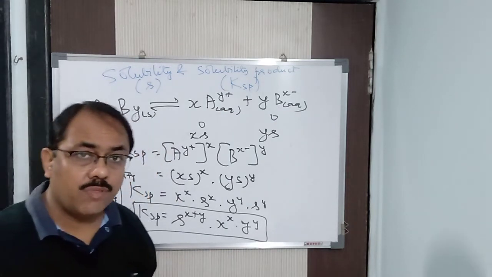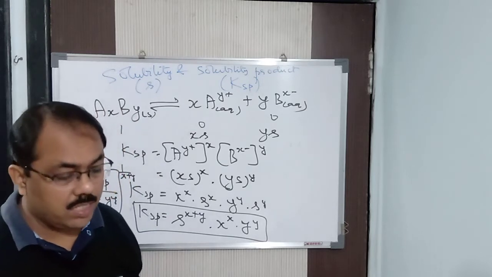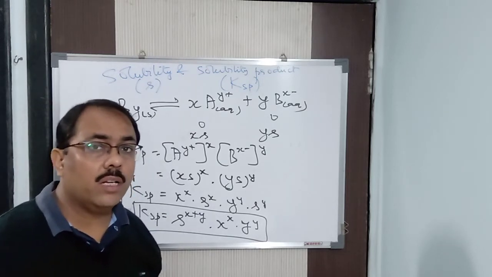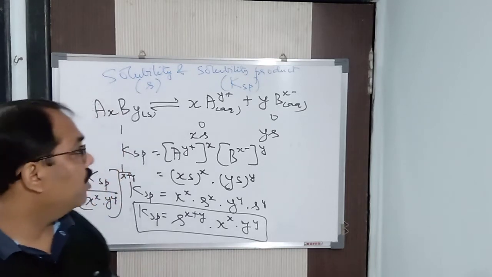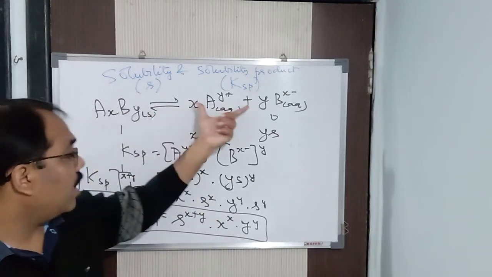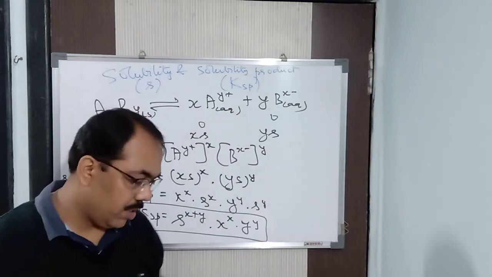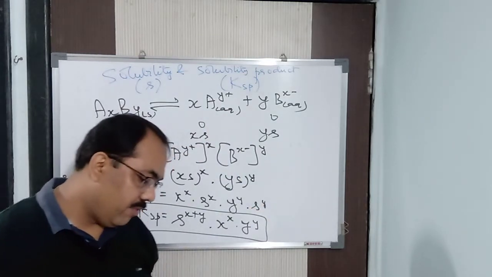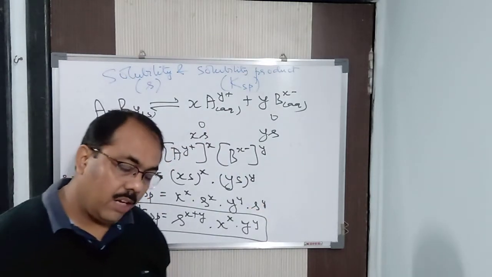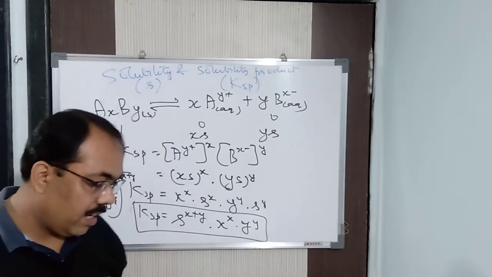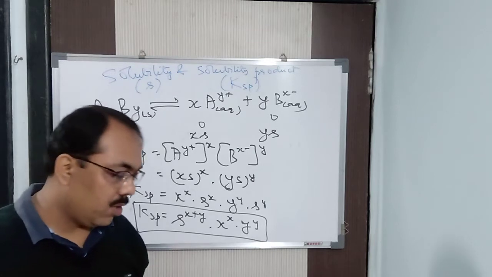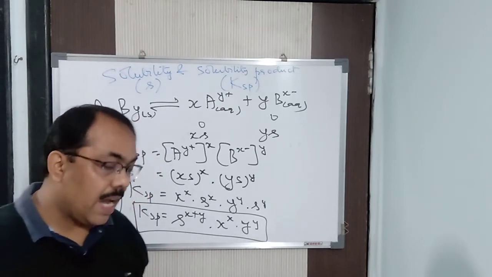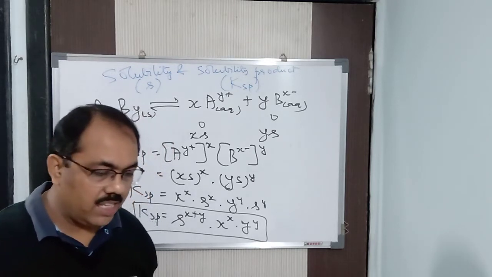Ionic product is for any kind of solution, whether saturated or unsaturated. But solubility product is used for a particular kind of solution where there exists a dynamic equilibrium between undissolved salt and the ions. The solubility product is in fact nothing but the ionic product for a saturated solution. Again I repeat, KSP is equal to IP for a saturated solution.